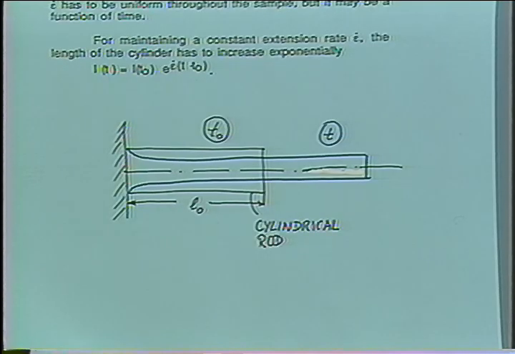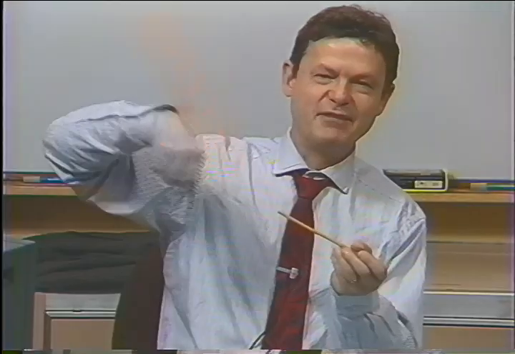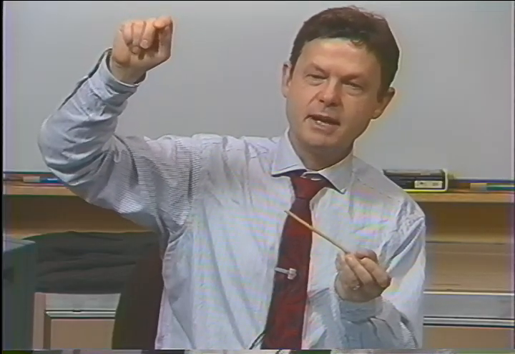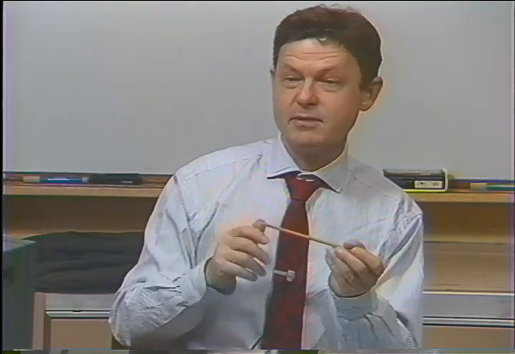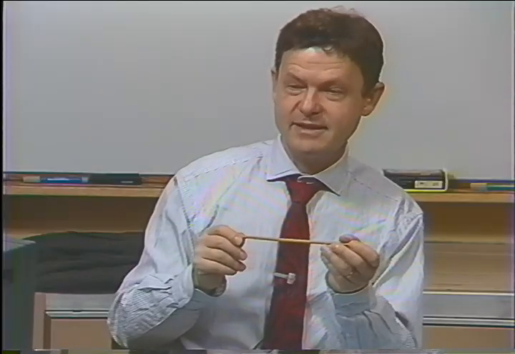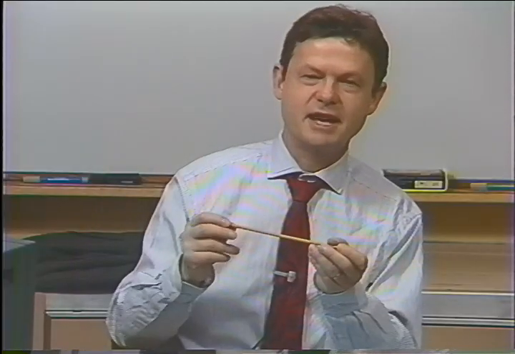And now comes a trick which was used to measure extensional viscosities at times where one didn't have drives like this. Now you could buy a drive very easily which pulls in this exponential fashion. That would be very easy to do. But 10 or 15 years back, it was impossible to do that,